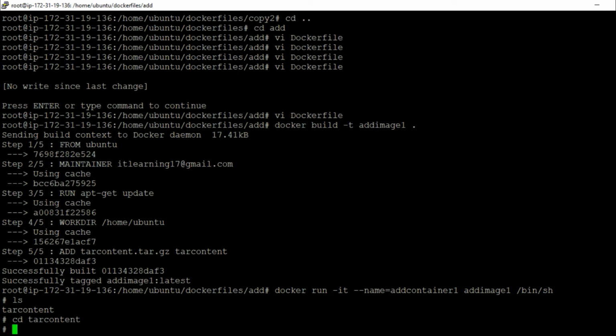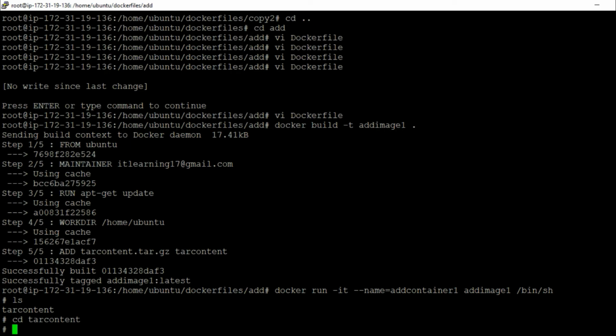And here we can see friends, as tar content is now a directory, we are able to come inside this tar content directory as compared to the error which we got in the previous example. And friends, this is because this time we have used the add instruction which extracts the content of the archive files and then it copies the extracted content to the Docker image.